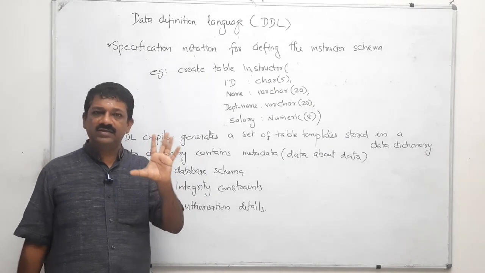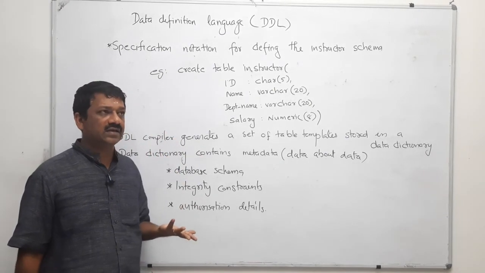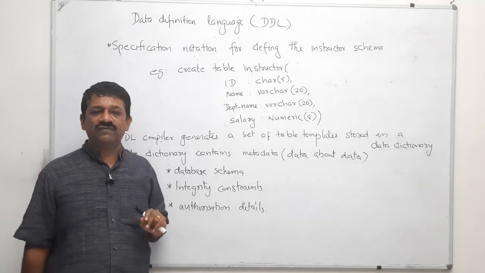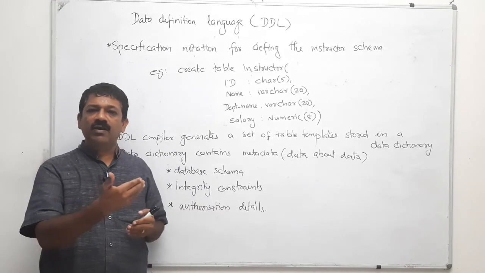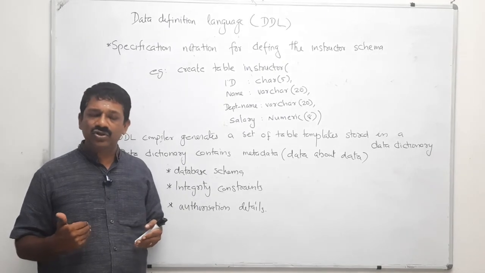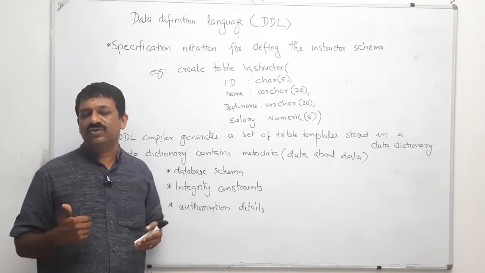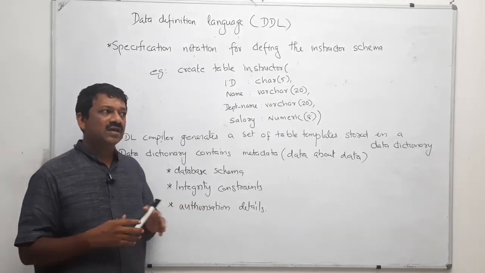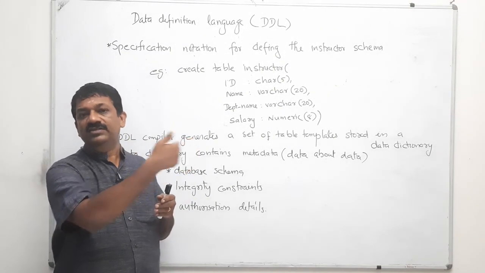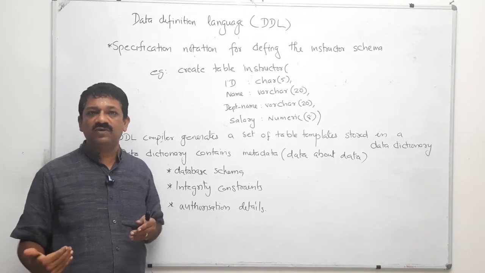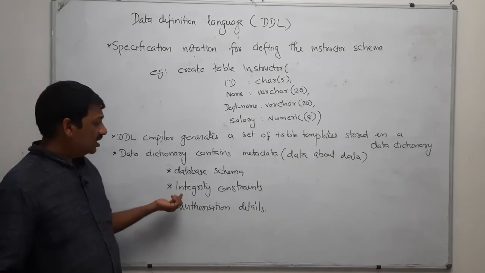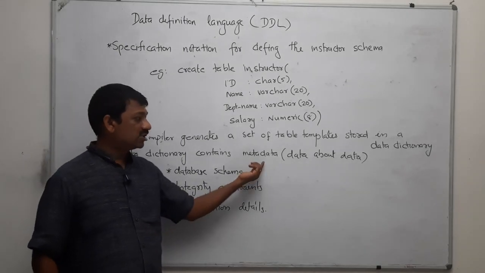Okay, such a thing is an integrity constraint. Another integrity constraint is, for example, suppose you are storing the balance of a particular employee: the minimum balance should not be less than zero. Those are integrity constraints. Or suppose you have a serial number; a serial number is always a positive number, and so on. That means you can have any number of integrity constraints, and they are also recorded as part of